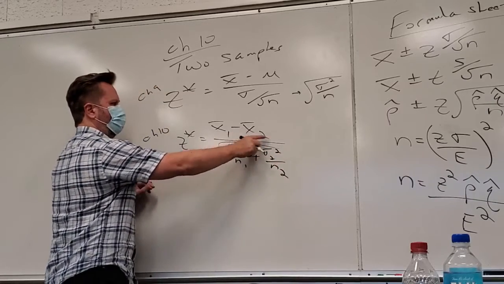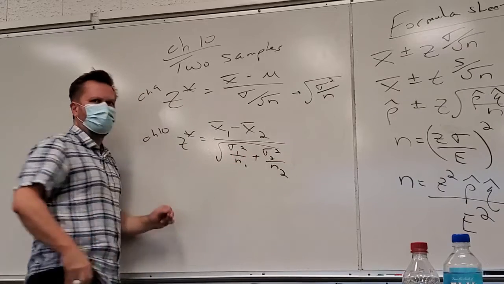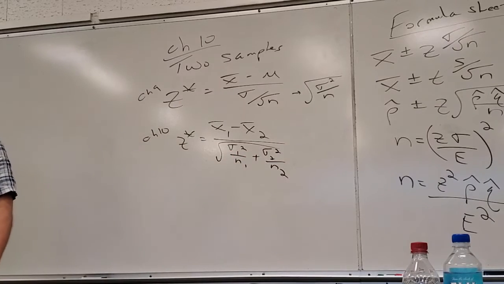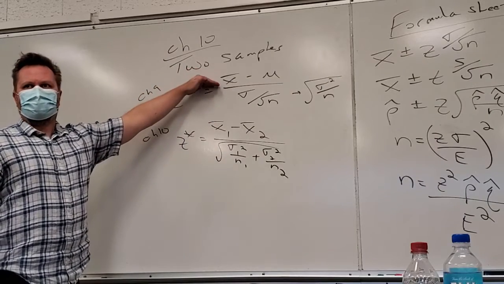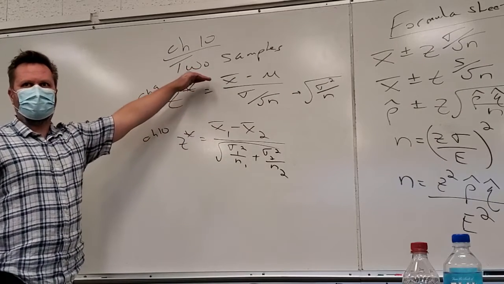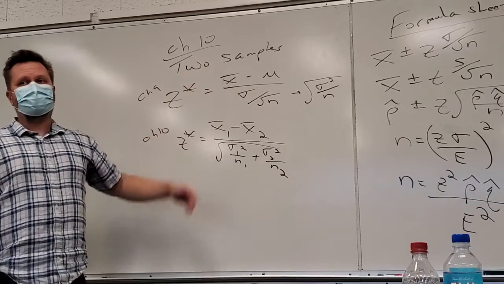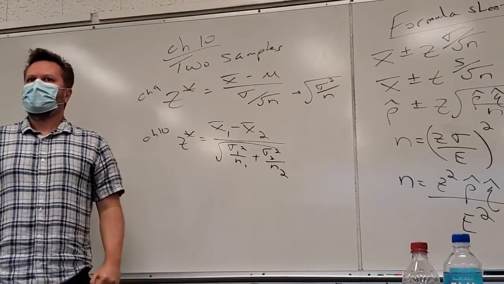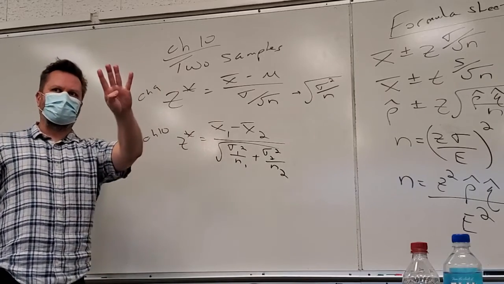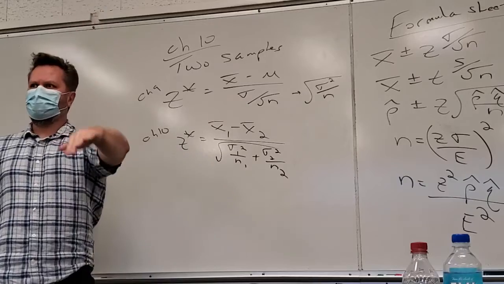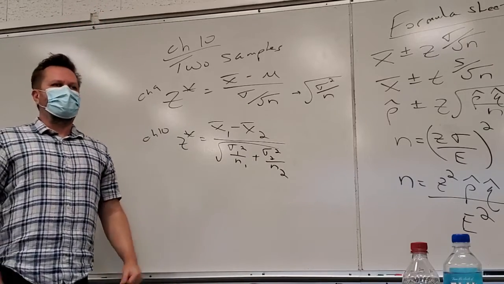So now I'm going to have 2 samples. They could be different sizes, and they could have different standard deviations from the populations. So it really is the same formula. I'm almost certain somebody's going to be like, no, Jeff, it obviously isn't. And I'm going to stick by it, it's the same formula. So this would be what you would use in the 4th step in section 10.2's hypothesis test. It's still all the same 5 steps. All right, that's all I'm going to say.